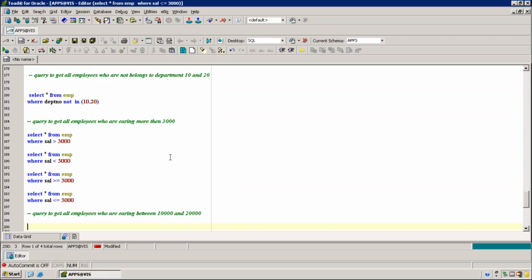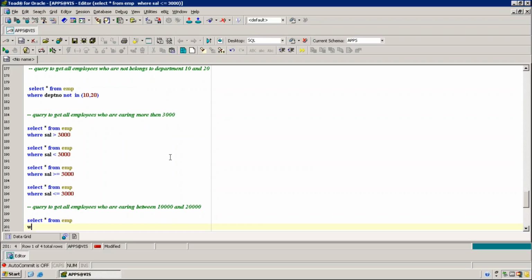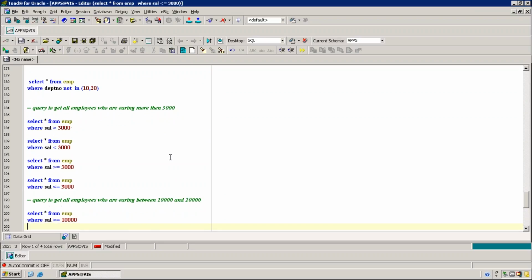Are you clear? Select from EMP table where salary greater than or equal to 10,000 and